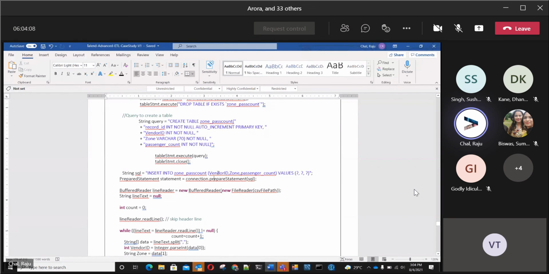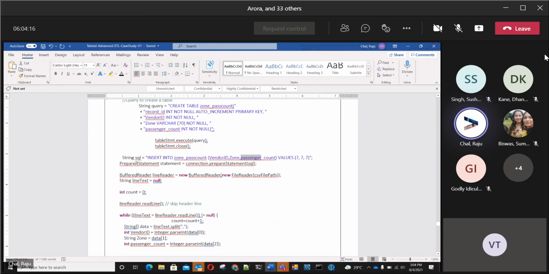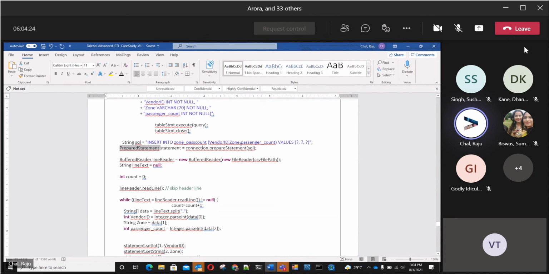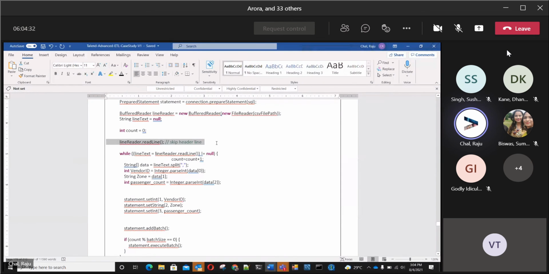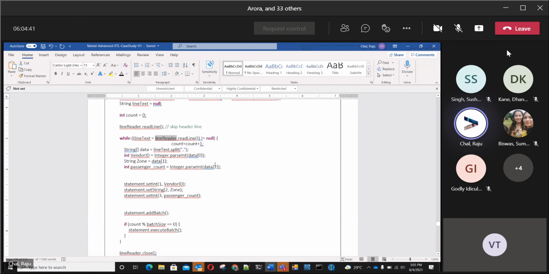Then we are adding the record for vendor ID, zone and passenger count. That's why we are using 3 question marks. And for this we have to use a prepared statement object because we are taking the value as an argument. Now from where will this value be coming? So I'm reading the file here. We are skipping the header part because we have the header in the file. Now there is a readLine method which will be reading records one by one. And what we are doing, we are counting the number of records. That's it. We are splitting each and every